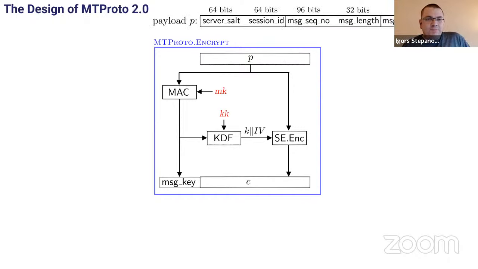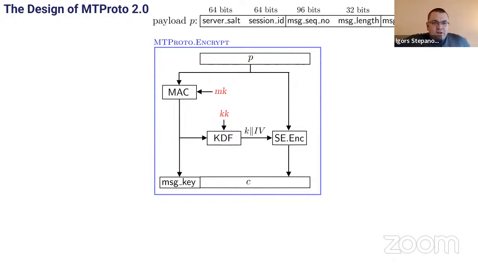Now I guess the most important detail here is that in generic encrypt-and-MAC constructions, the MAC would reveal the equality of the plaintext or of the payloads. Here, this is not a problem because the payload consists of a bunch of metadata, and it will guarantee that the plaintext will not be the same. So in particular, the details of the payloads will be important for our attacks. So let us look at each payload here.